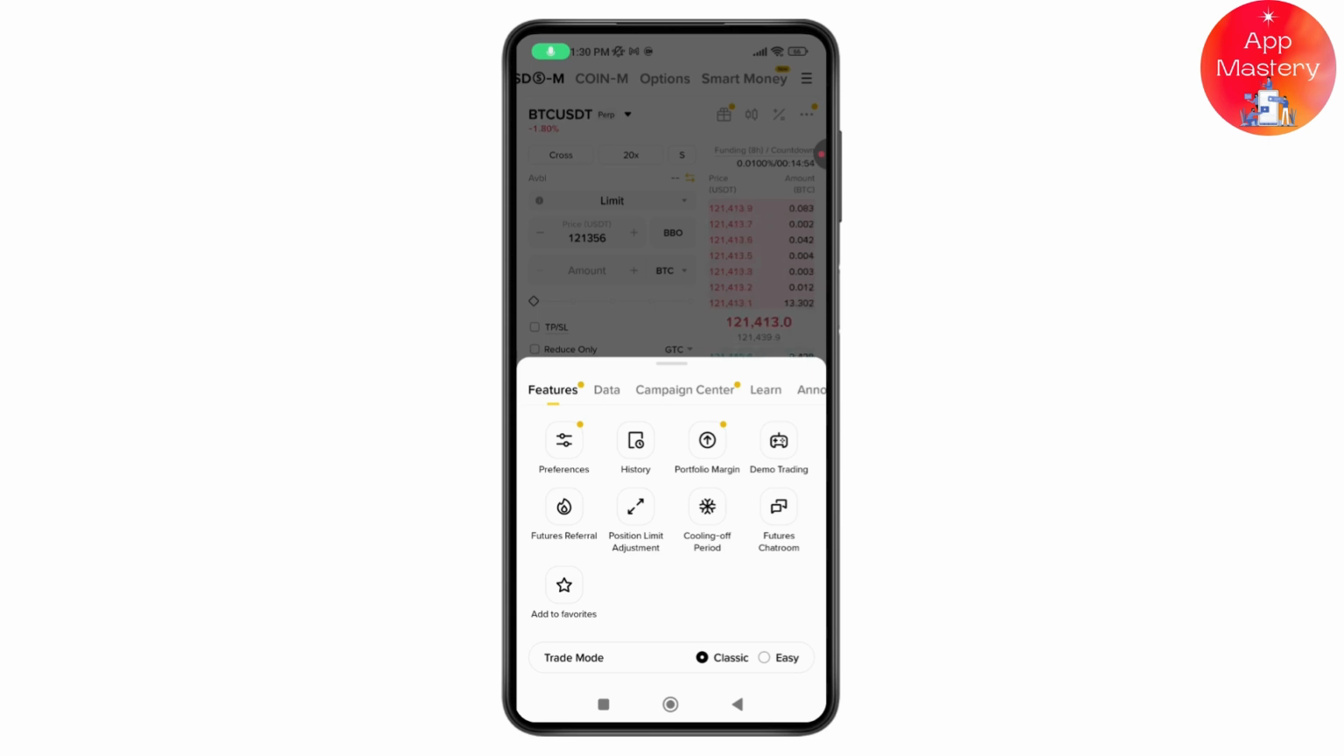And next you need to confirm by tapping on Start Tour. After that, confirm your mail, and that's it. You will enter mock trading